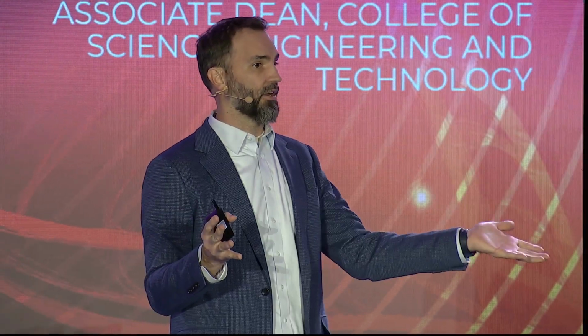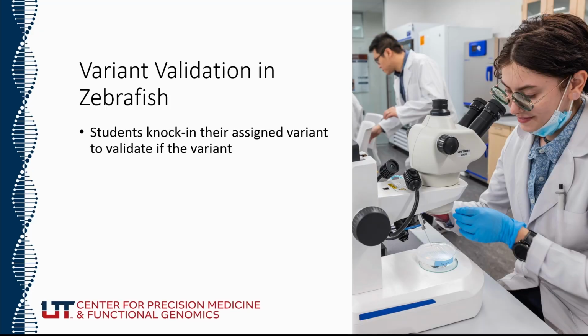And then the capstone. These juniors, who have been using the same variant through all these courses, put everything together. They've been assigned a variant, they knock it out, they identify the problem, and in this course, they're trying to rescue it. So they're trying to add the variant of uncertain significance and identify whether or not that variant is actionable or